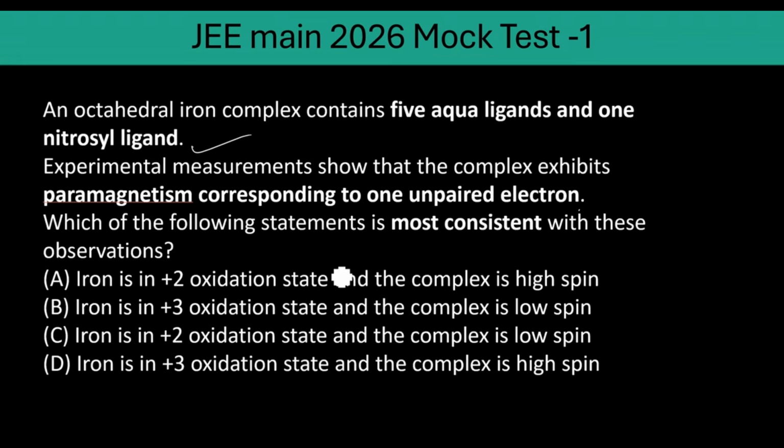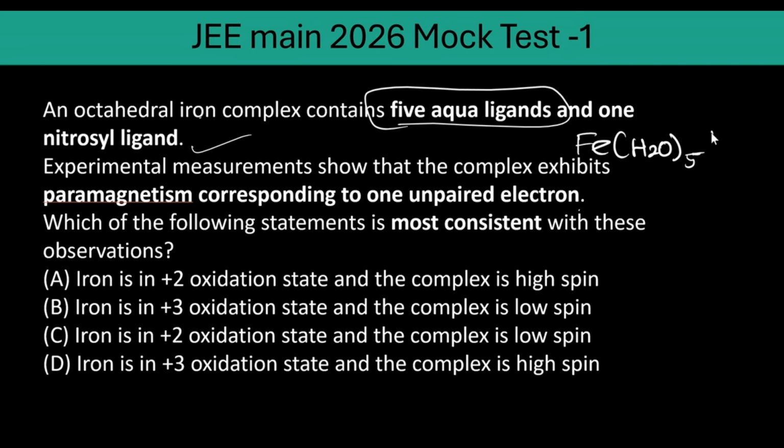So this is a very simple question. If you see iron with 5 aqua ligands, so it must be Fe(H2O)5NO. Correct? So here the oxidation state of iron must be +3, because this is nitrosyl plus, in oxidation state,